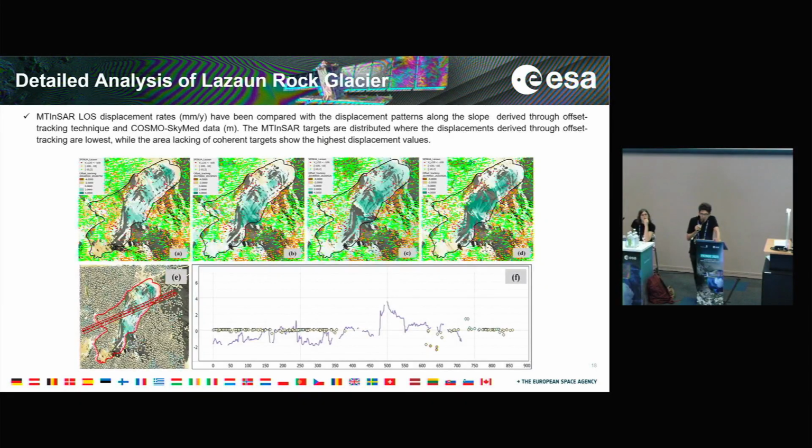And then we try to combine both the results coming from the amplitude analysis and those from multitemporal SAR interferometric processing. Here you see the maps obtained by superimposing the coherent targets' mean rate velocity over the displacement map derived by COSMO-SkyMed processing. Again, we can clearly see that where we have the larger deformation, we see a lack of coherent targets. And so the two techniques are quite complementary, and it's quite interesting to combine them to derive